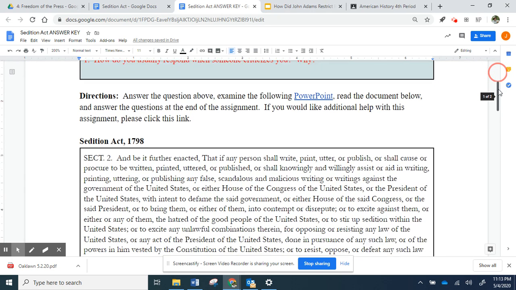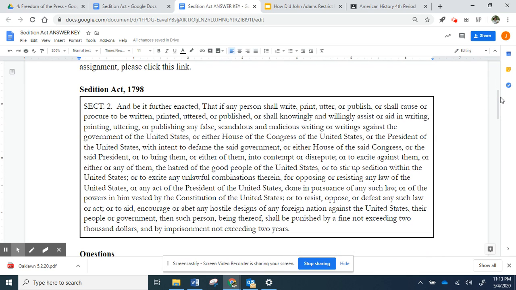So Section 2 of the Sedition Act. And be it further enacted that if any person shall write, print, utter, or publish, or shall cause or procure to be written, printed, uttered, or published, or shall knowingly and willingly assist or aid in writing, printing, uttering, or publishing any false, scandalous, and malicious, kind of like mean, writing or writings against the government of the United States, or either House of Congress of the United States, or the President of the United States, with intent to defame the said government, or either House of the said Congress, or the said President, or to bring them, or either